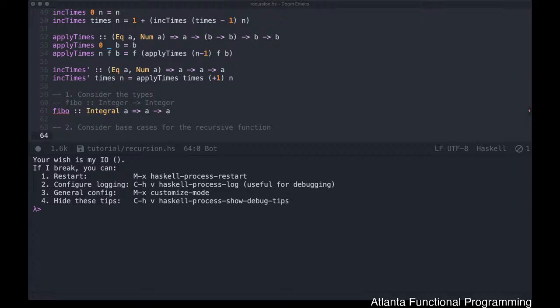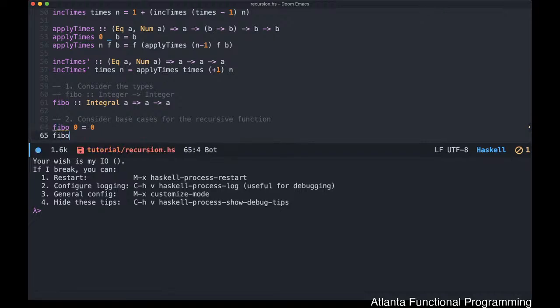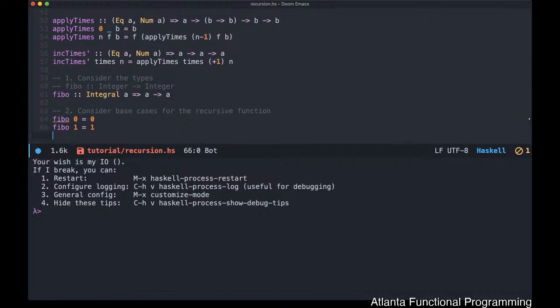So the first base case we need to obviously write then is Fibo 0 is going to be 0. The next case that we need to write is the second base case, which is 1. So if it's 0, we encounter that it's 0. If it's 1, we encounter it's 1. All right. Now we need to determine